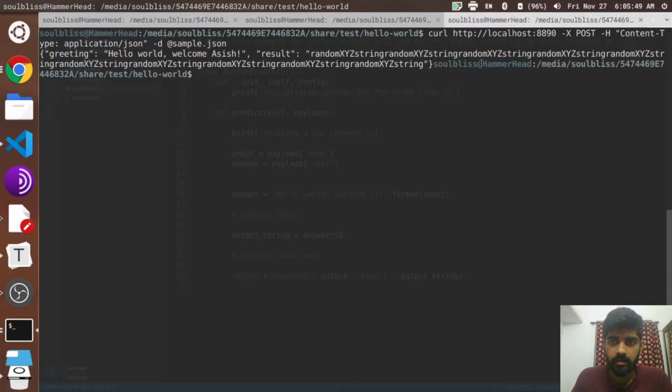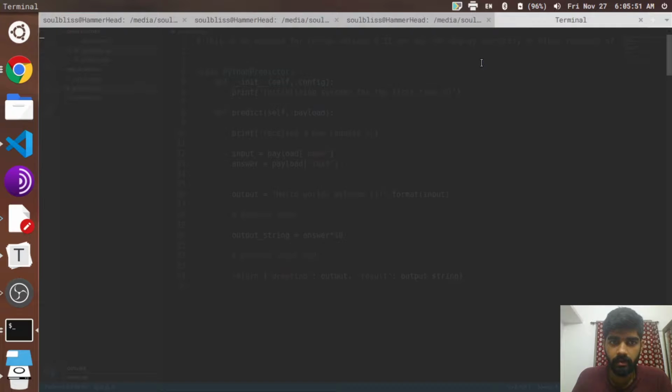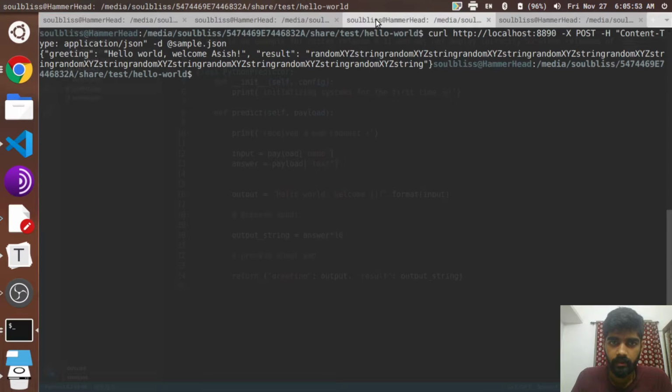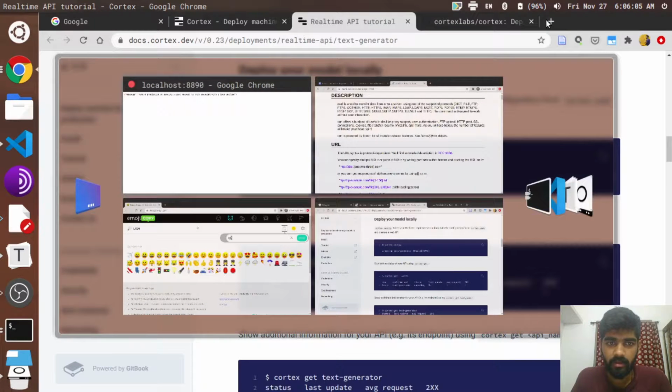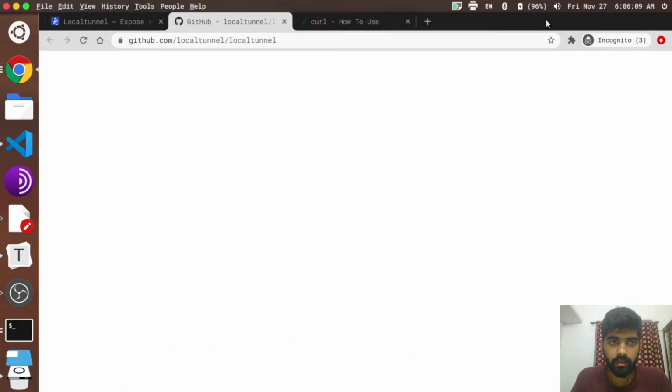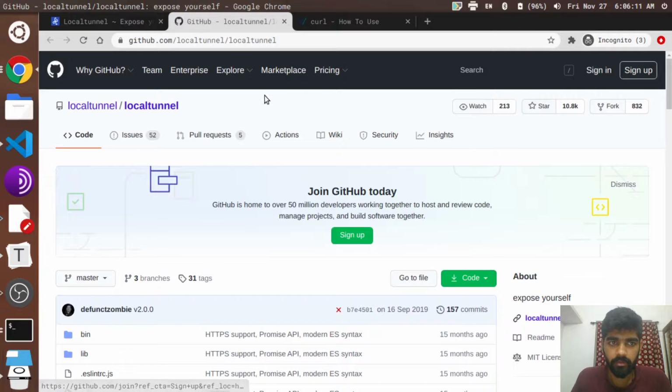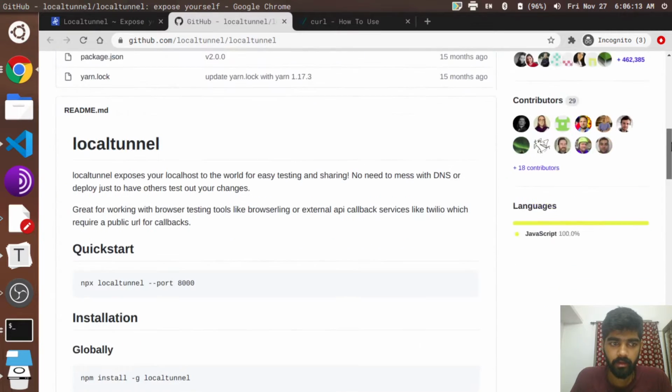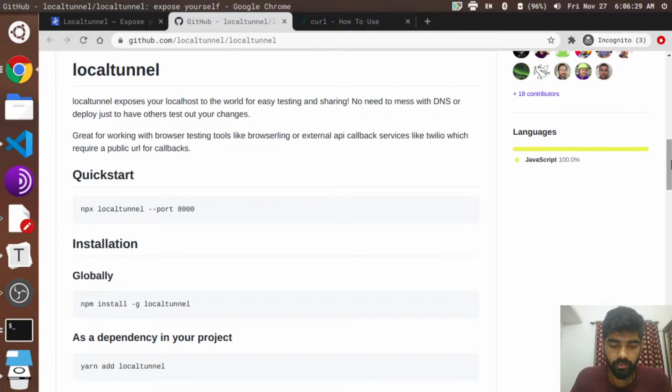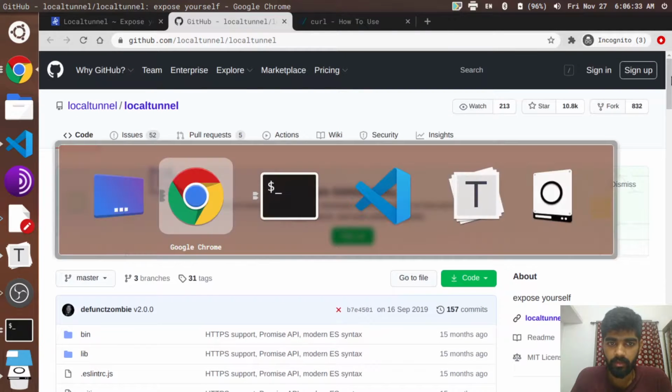And this is just being run locally, right? So one more thing that we can do is, in order for this to be alive online globally, as in if you want to access this API anywhere, a short hack that we'll be using right now is a tool called localtunnel, whose repo is on GitHub. What it does is we can expose a local port online and it can be accessed anywhere globally.